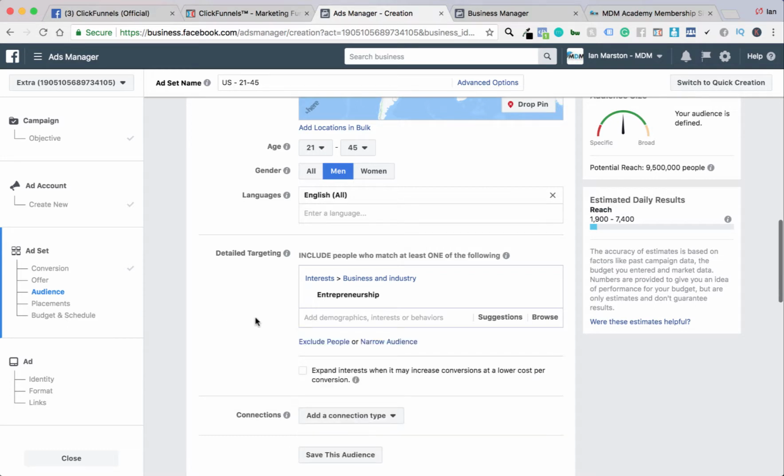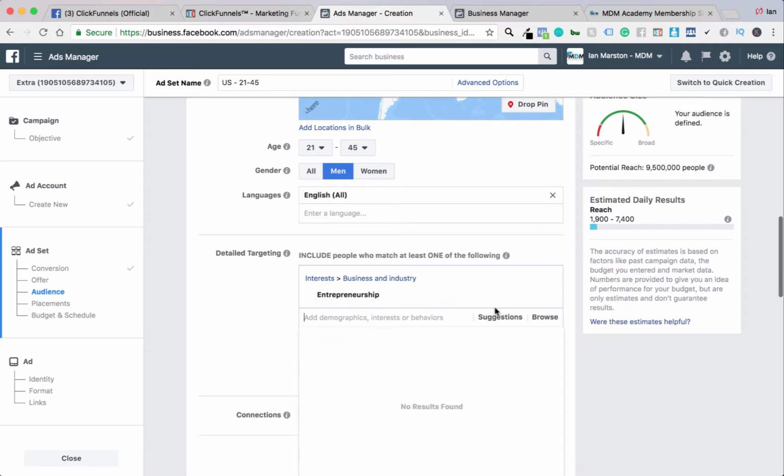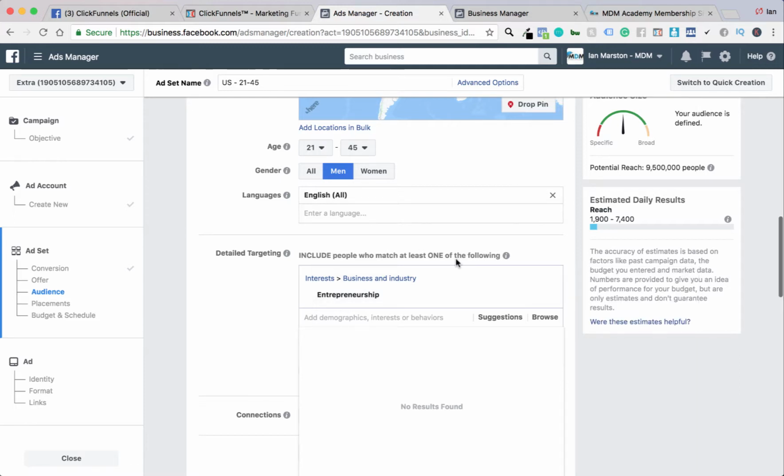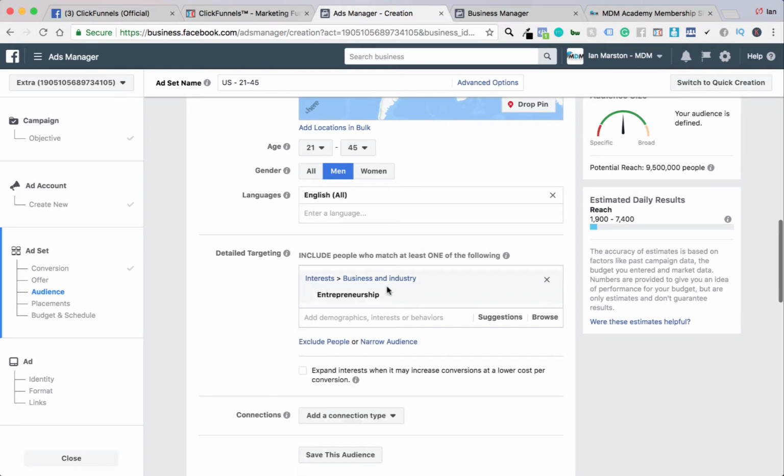Now what we could do, I could target Tony Robbins. I could target Gary Vaynerchuk. I could target maybe, if I was a mechanic, auto mechanics. If I was a truck driver, truck drivers. Or you can, this kind of depends on you and who your perfect customer is. But if I'm going to add entrepreneurship as an interest, now what I want to do is maybe even narrow